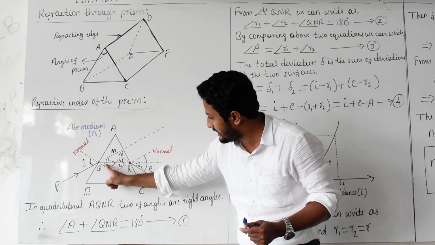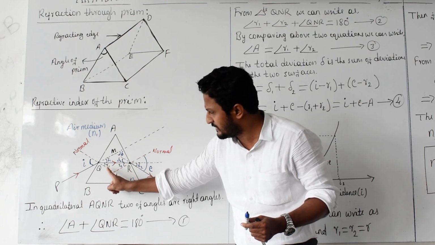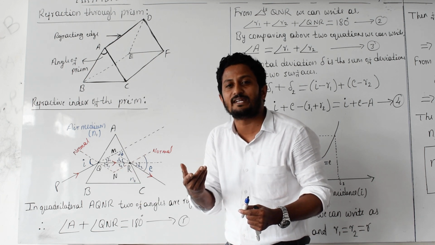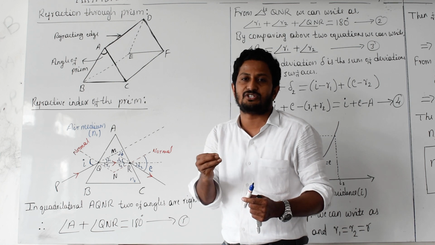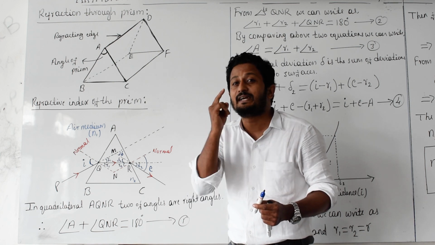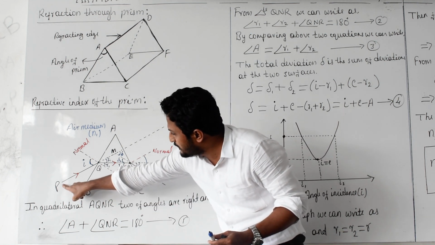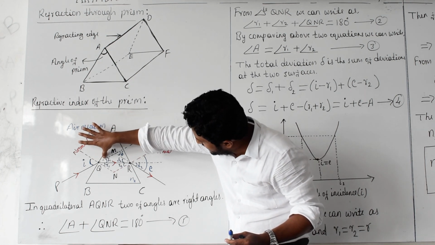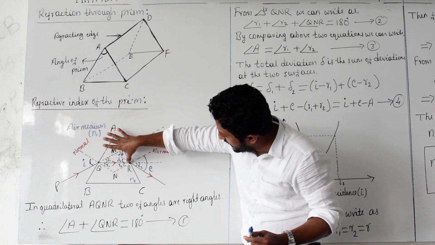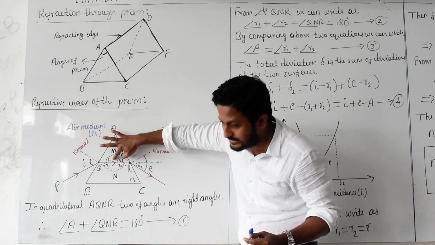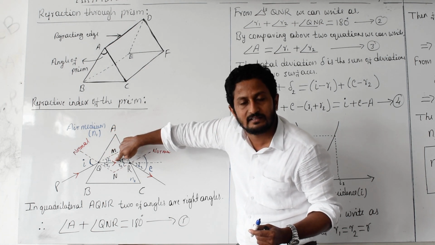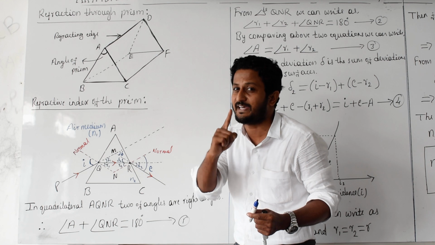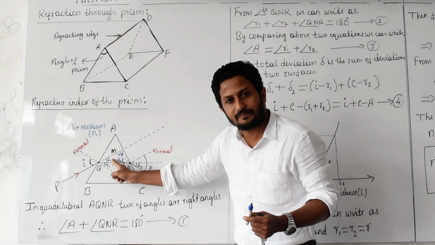This one is the angle of refraction. Then here I named delta 1. What is that delta 1? Delta 1 is the angle of deviation at the first surface AB. This PQ light, instead of going straight like this, went along QR. It changed its path by this angle. That's why we call it the angle of deviation at the first surface AB. This is delta 1. Have you understood?